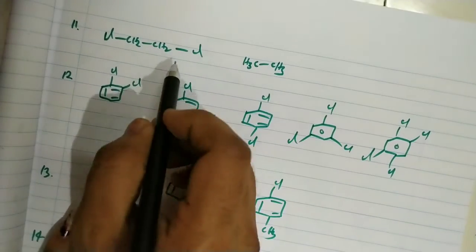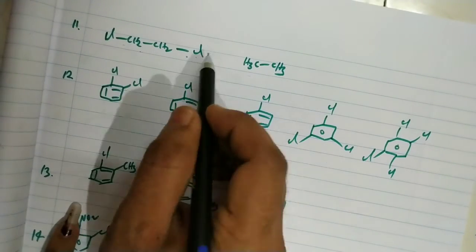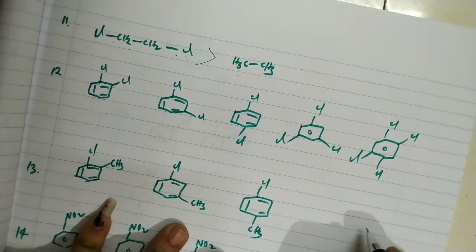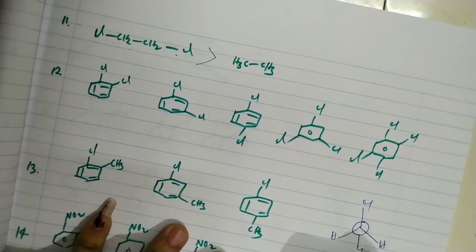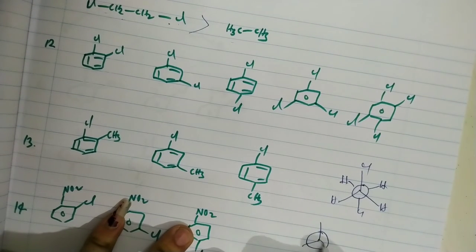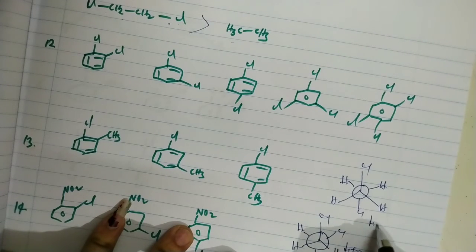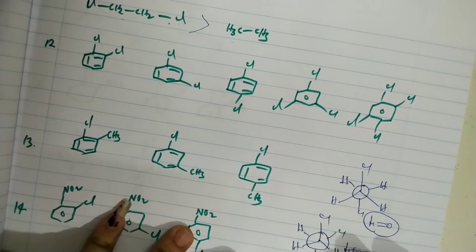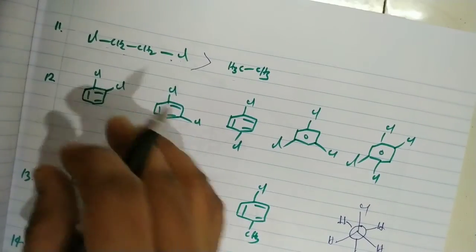Next, in this case, dichloroethane, and this is ethane. Dichloroethane has some specific dipole moment, because it is present in anti-conformation and gauche conformation. Of course, the anti-conformation dipole moment is 0, but for the gauche conformation the dipole moment is not equal to 0. But here not only the anti-form exists, the gauche form also exists. That's why finally this one has some specific dipole moment.